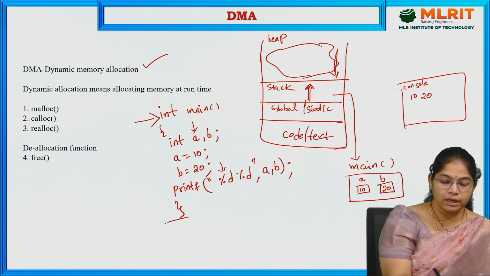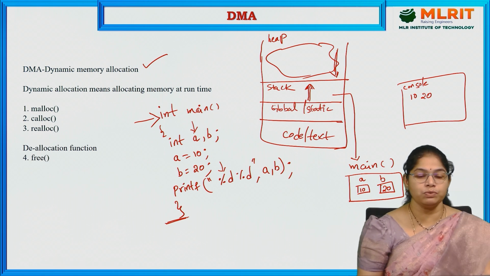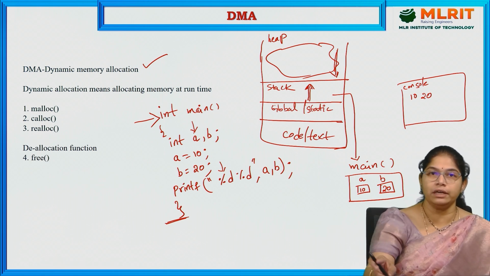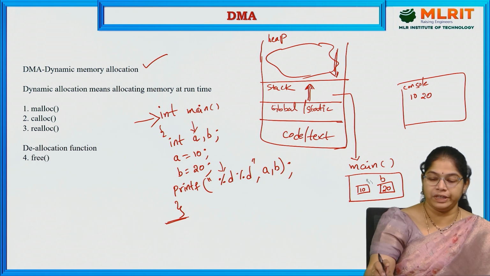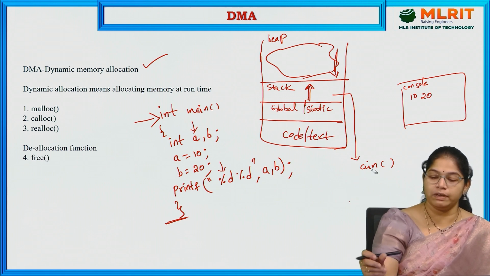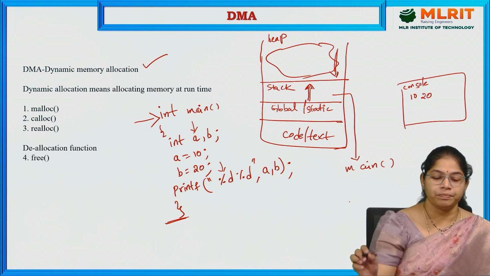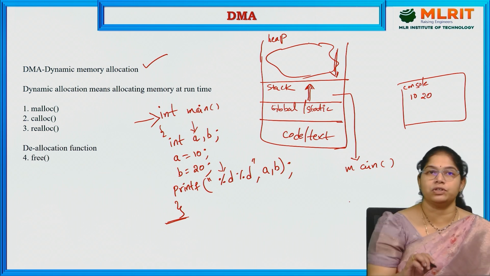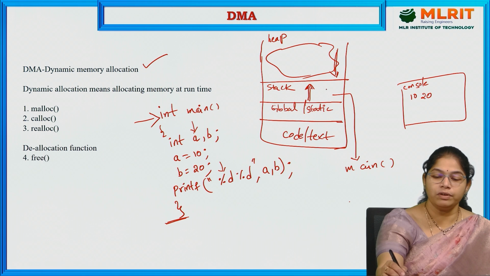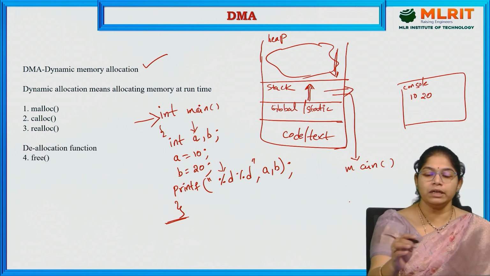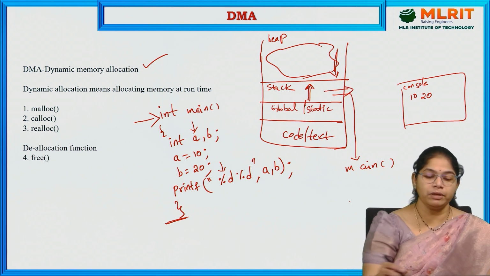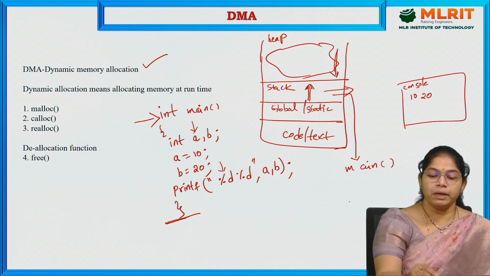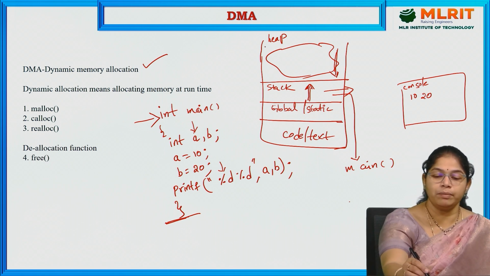Once we reach the end of the program and are done with it, the memory which was allocated from the stack is automatically freed. Because this memory is allocated from the stack, the compiler will automatically free it once we are done with this code. If I want to allocate memory from the heap section instead,